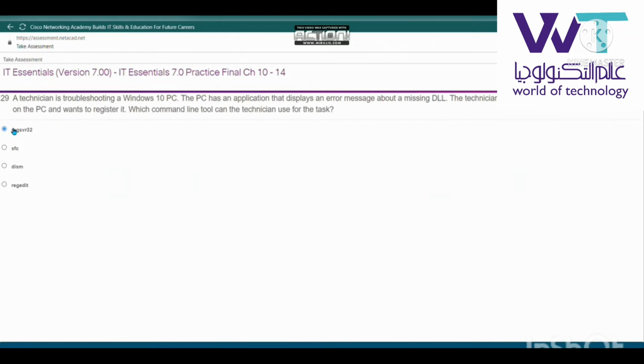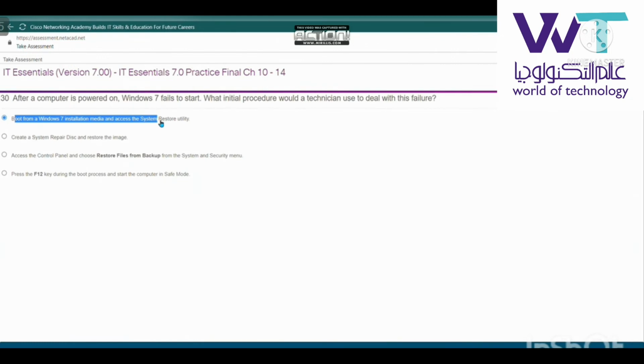سؤال 29 بيقول a technician is troubleshooting a Windows 10 PC. The PC has an application that displays an error message about a missing DLL. The technician has located the DLL file on the PC and wants to register it. Which command line tool can the technician use for the task? regsvr32. السؤال اللي بعده